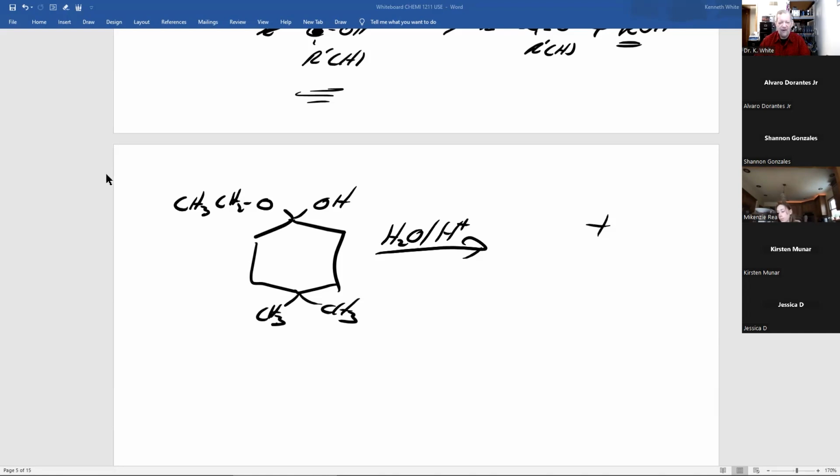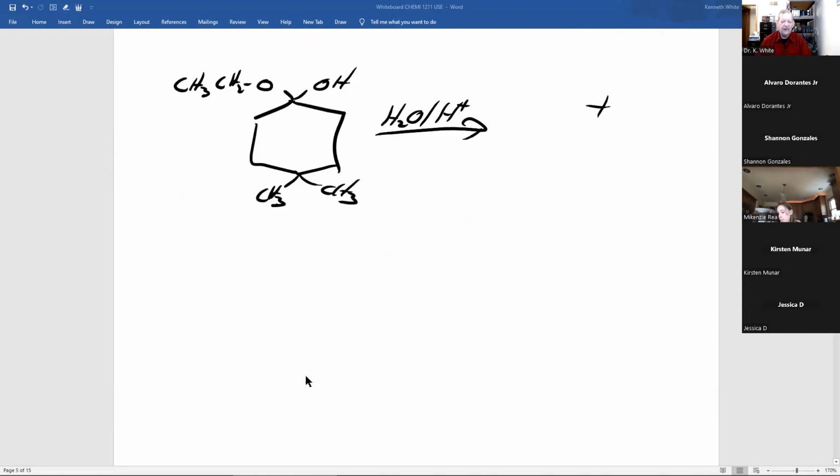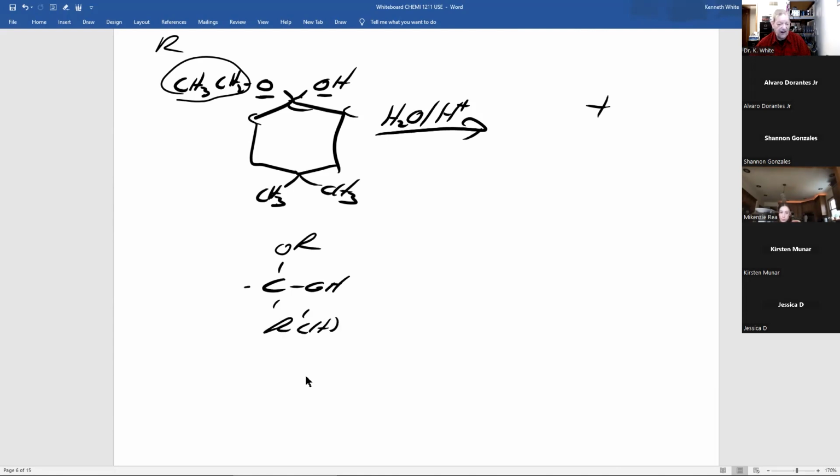All right, let's get going. We look at this molecule, what's different, what's not carbon or hydrogen, and we have oxygen, hydroxyl on the same carbon. I'll call this R. I have carbons here and here, R prime, but it could have been a hydrogen, it's not, and R double prime.